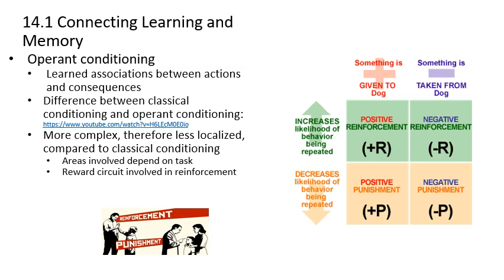Operant conditioning is more complex, and therefore it's less localized in the brain compared to classical conditioning. The areas involved depend on the specific task that's being conditioned. However, the reward circuit is involved especially in reinforcement. So if you look at this graph to the right,